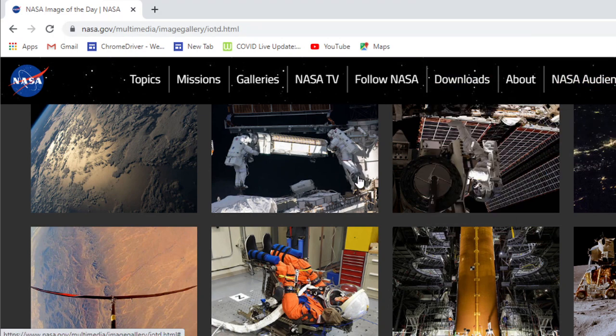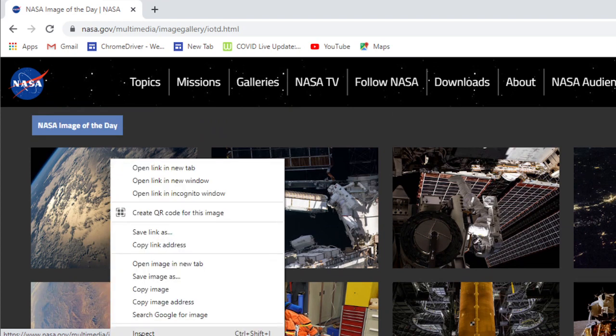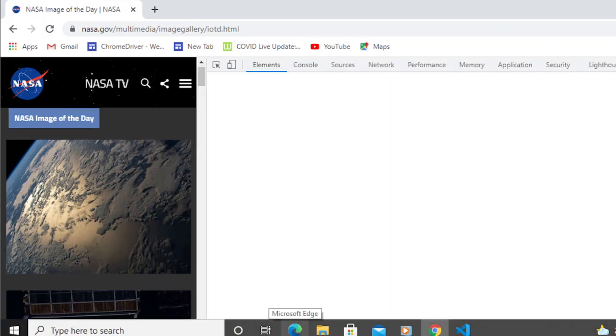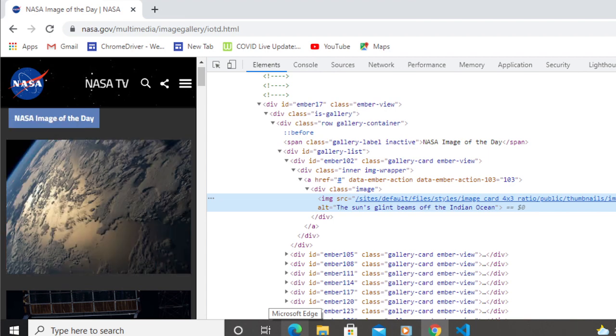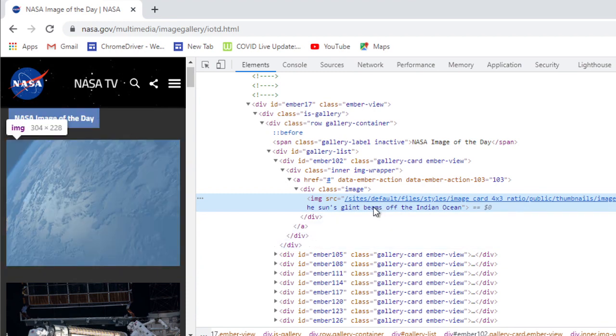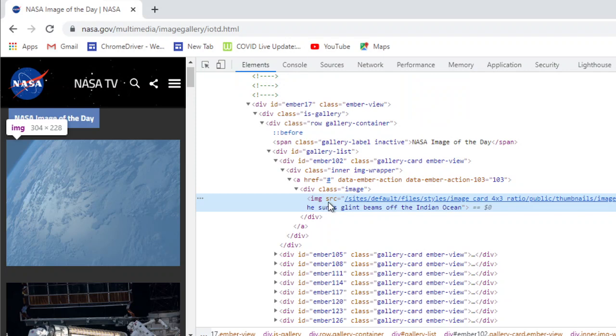If you watched my first video, you know that I identify this simply by looking at the inspect. This is the key to everything that you're going to do. So make sure you right click that area or certain tag, then click inspect. From this section, as you can see, this image is enclosed with the image tag,